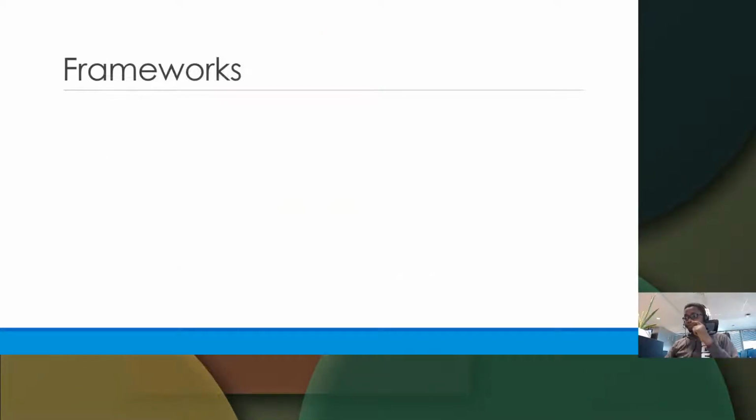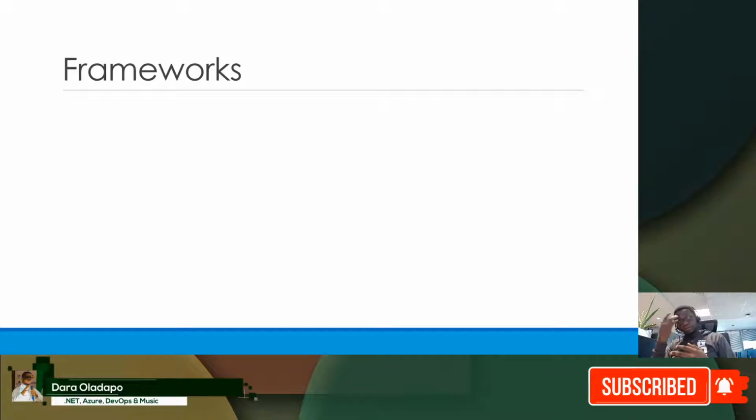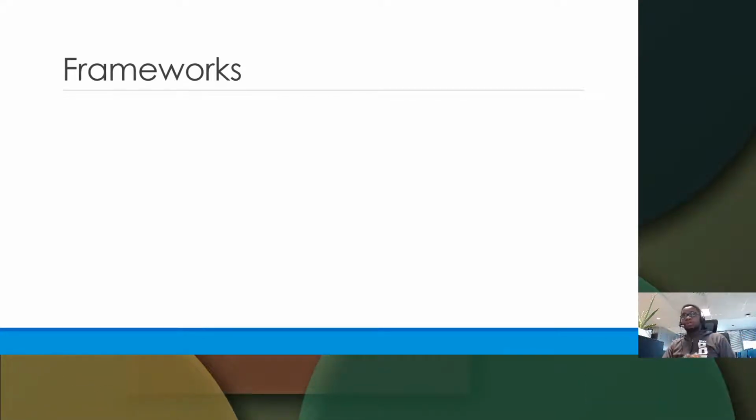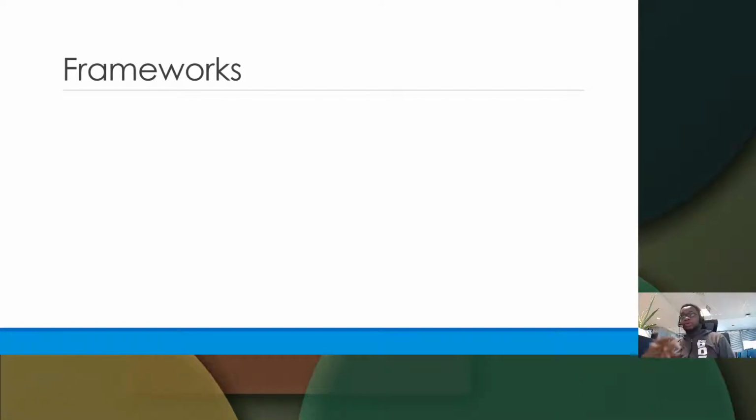One of the things you'll also hear when you're trying to get started with writing code is frameworks. What are frameworks? Frameworks are just a set of libraries and tools that enable you to bootstrap and write your software faster. For example, if you're trying to write for the web, there are frameworks you actually use to do that.